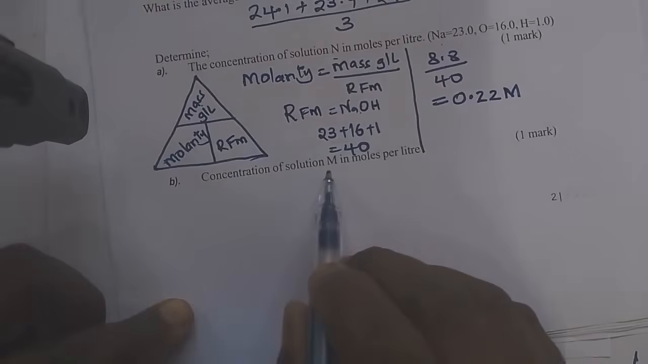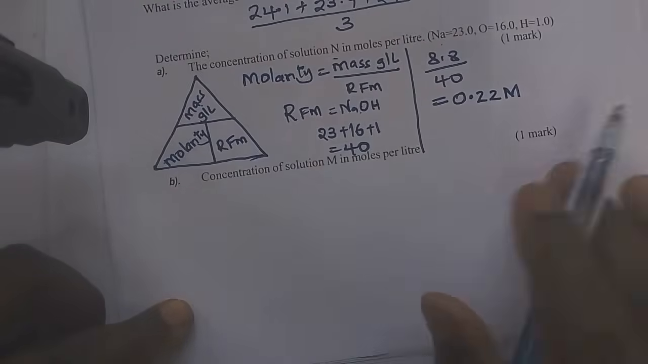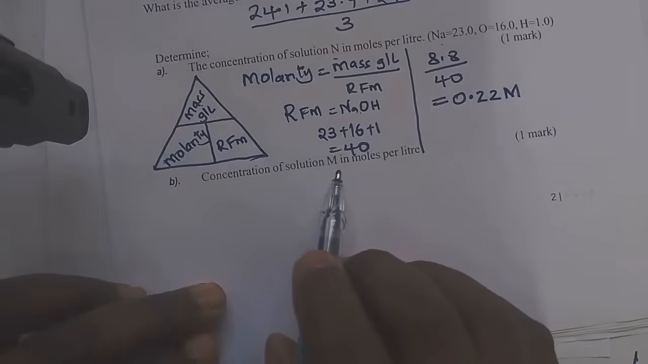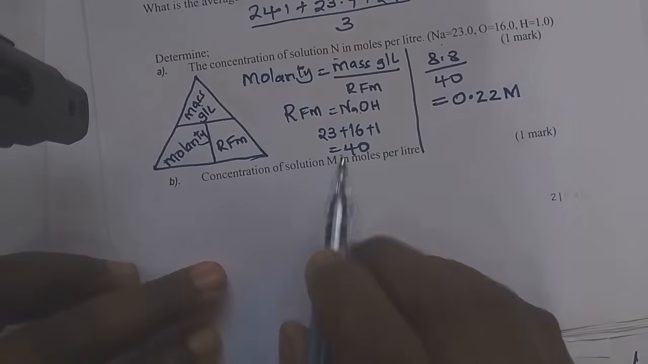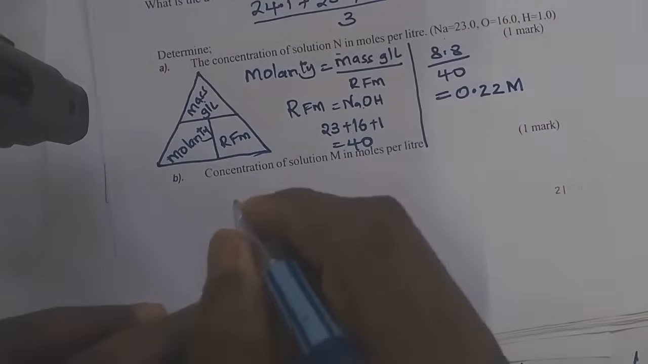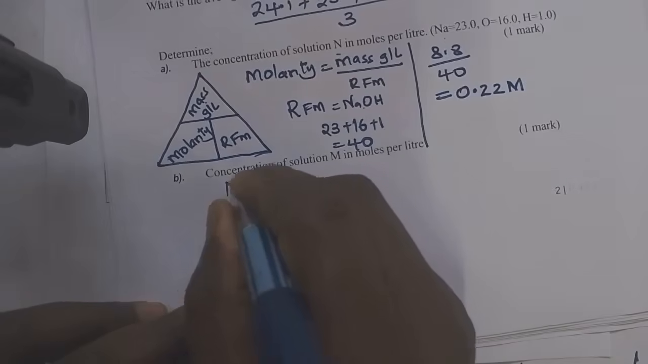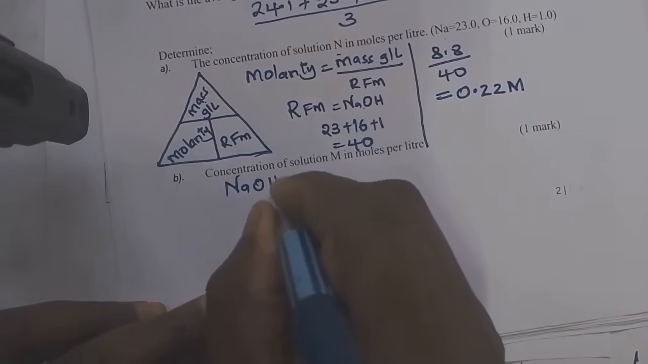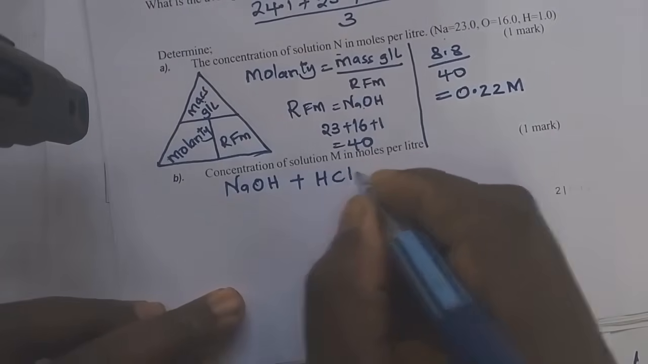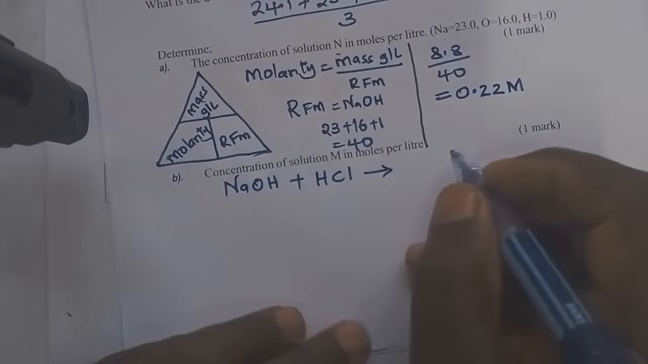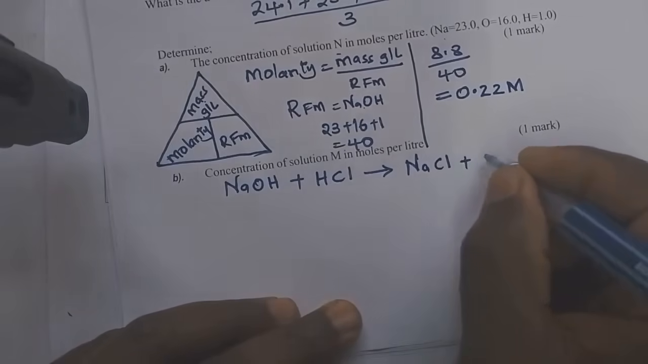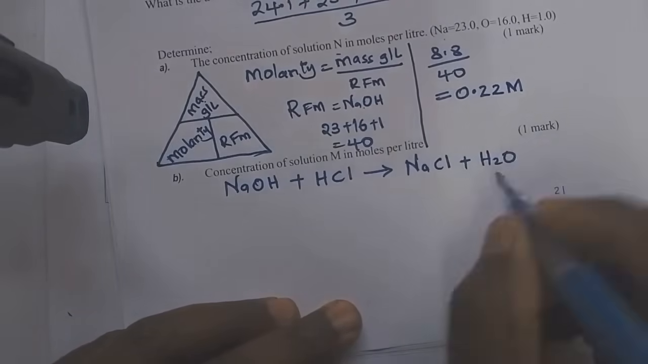Concentration of solution M in moles per liter. Remember, M is reacting with N, and M is HCl. N is sodium hydroxide. So the reaction which is taking place, that's why I told you, you should be able to know what kind of reaction you expect, and you should be able to write an equation and balance that equation. For this one, it will form sodium chloride plus water, and the mole ratio is going to be